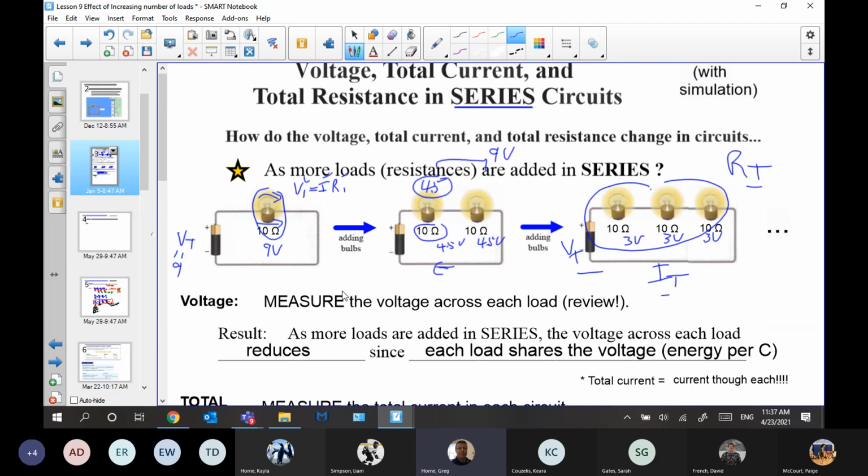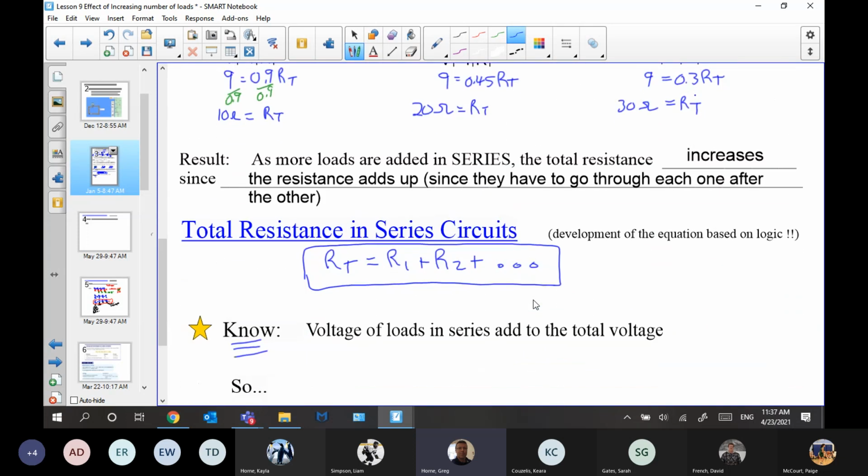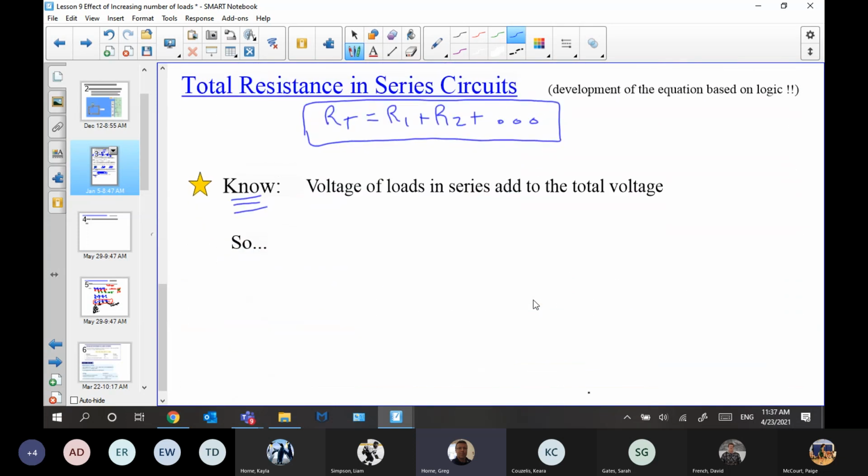And so since we know the idea from a previous lesson that we have 9 joules of energy and we're dropping off all the 9. Here we have 9 joules of energy and we're dropping off half of it at each. Now we're dropping a third of it at each, 3 and 3 and 3. What we know is that makes sense as far as an energy concept goes. So we're saying total voltage in a series circuit equals V1 plus V2 plus V3, for example, if it was